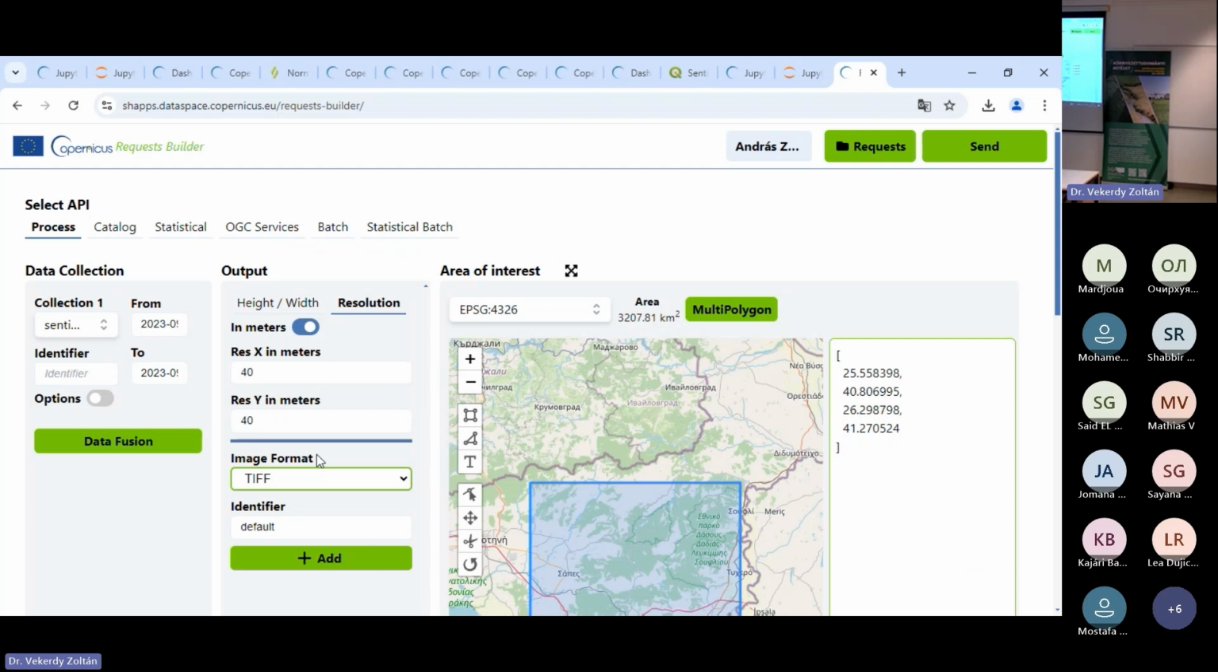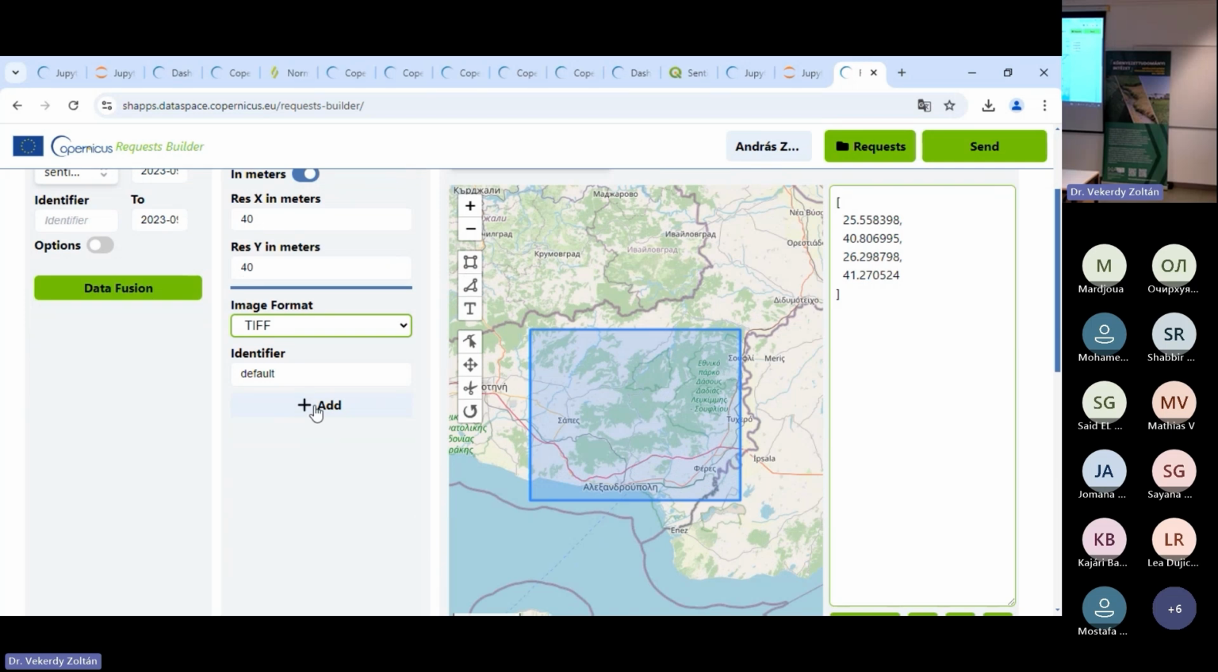If we run this request, we are going to get a true color, red, green, blue image with the burnt areas highlighted in red. But we want something more. We also want to create a map of the burnt area, even a time series. So we are going to add another output, right? Here. This is also going to be a TIFF, but what's the identifier? What's the name of the output? It is,